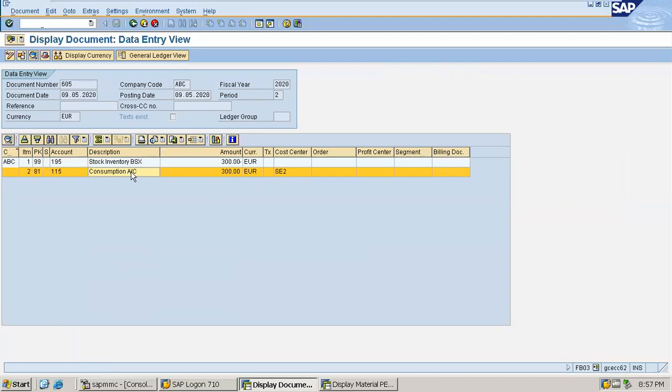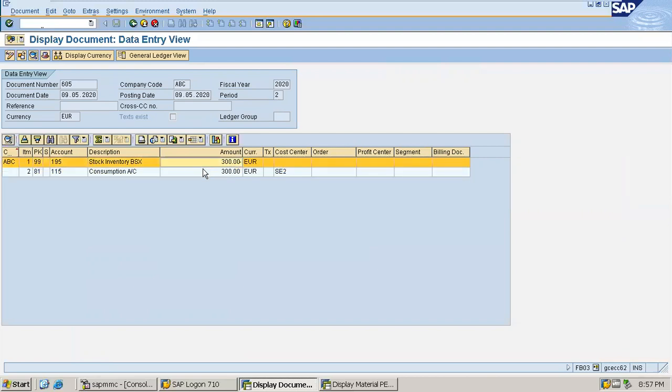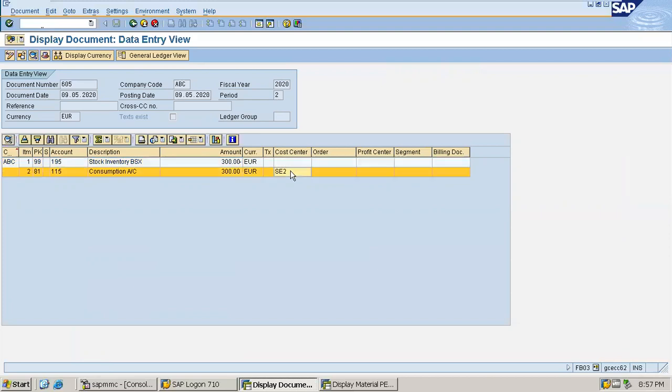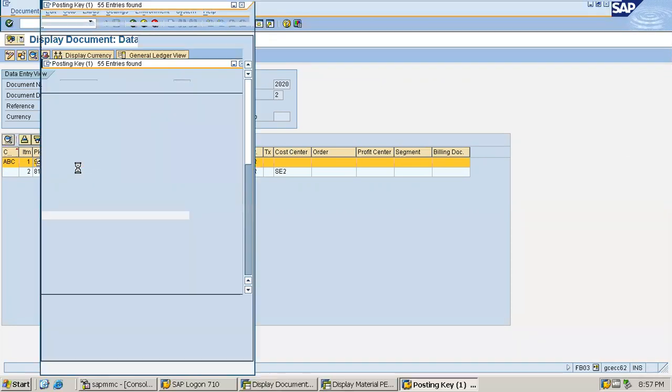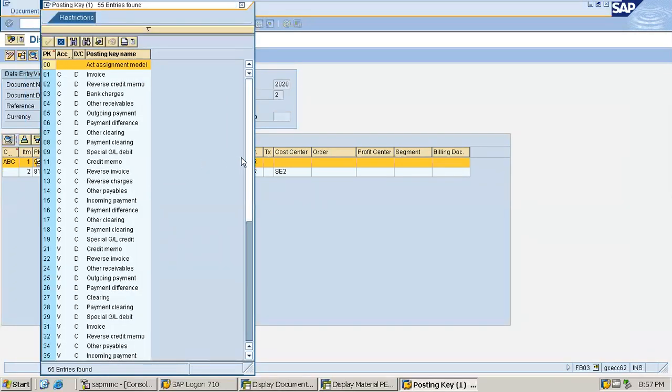We are receiving goods, stock debit to consumption. We are issuing goods, consumption debit to stock. Stock is getting decreased, right? Once we are issuing, if stock is getting decreased, then it will be credited and consumption will be debited. This is the normal mechanism, and as we have given AC2 in cost center, the cost center has been populated correctly. And stock inventory 99 is the posting key for credit, which is correct. Stock credit would be 99.